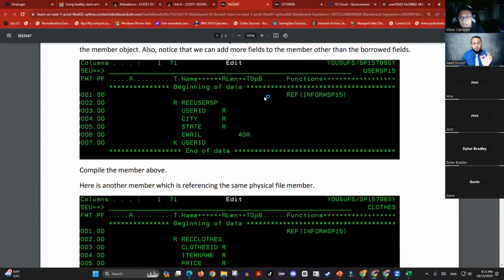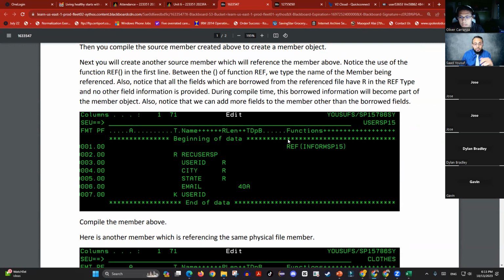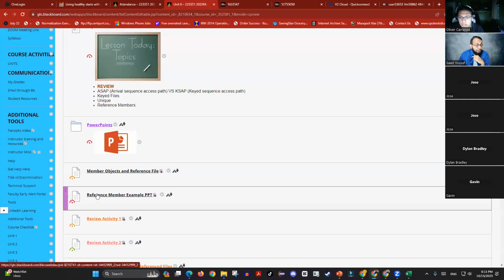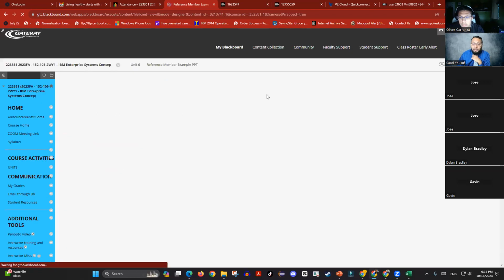So always remember, when you're creating a referenced member, the ref call is on the first line, and all other lines start with record format plus the field description. So the first line is reference only. Then if you click on the second link, which is a PowerPoint,